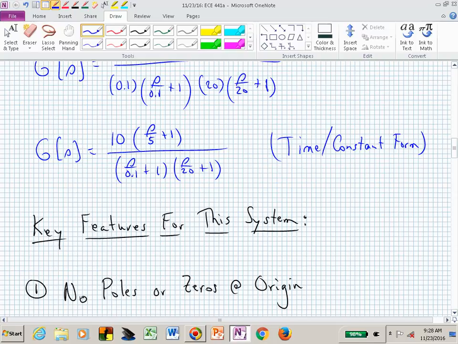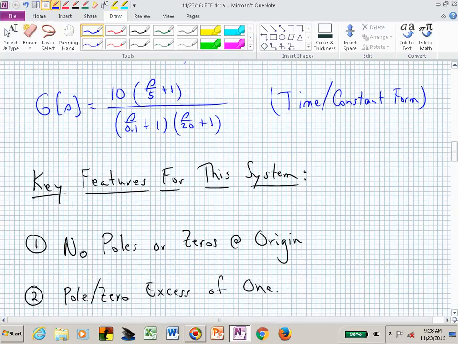What's the phase of 10? Since it's a positive number, it's 0 degrees. If it was negative, it would be minus 180. If you had a minus 10, you would say, oh, that introduced a complete phase reversal. Now I'm starting at maybe minus 180. So we start at